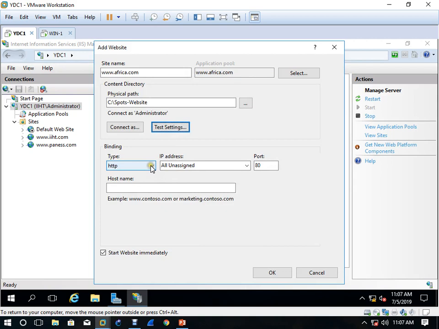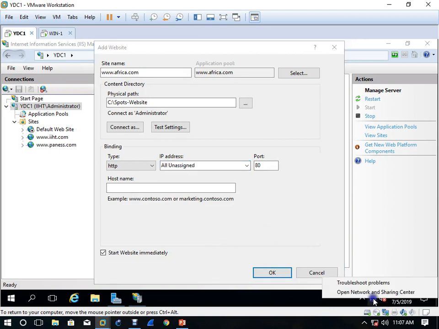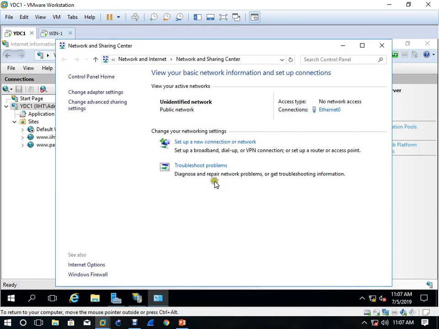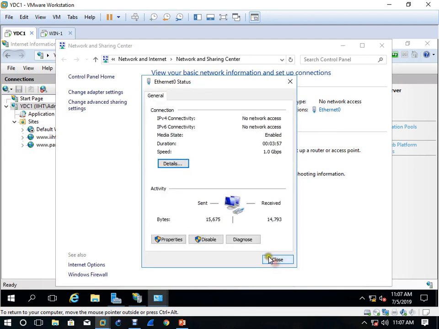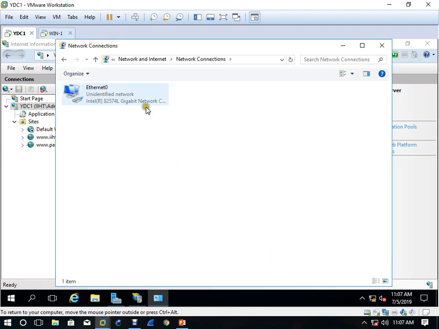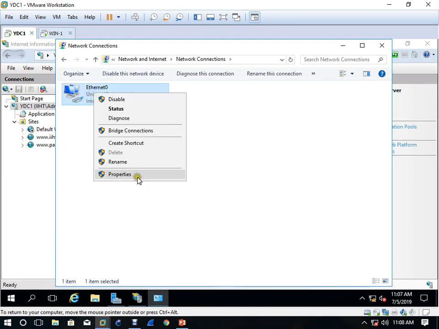This one. Ah, wait. Okay. Still now is not coming. Why is it doing it? Okay, no problem. Let's come and add another IP address.